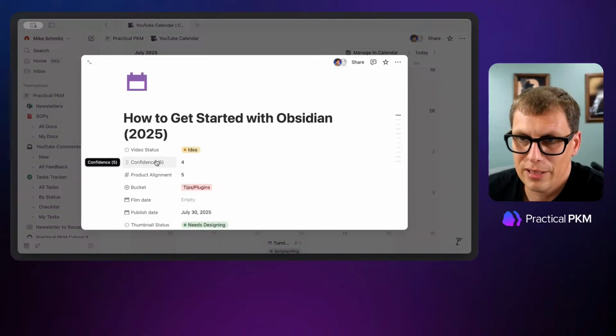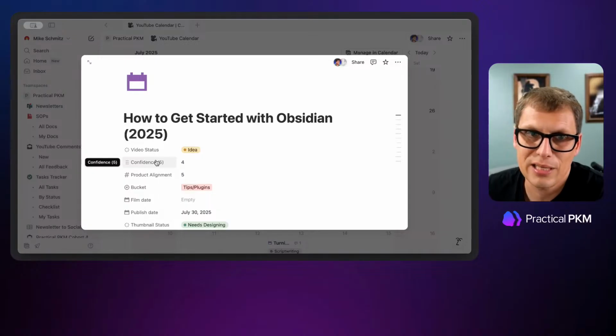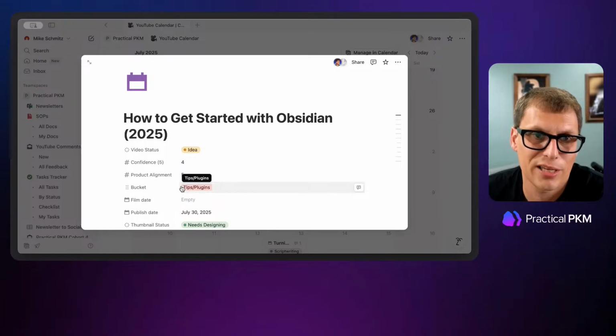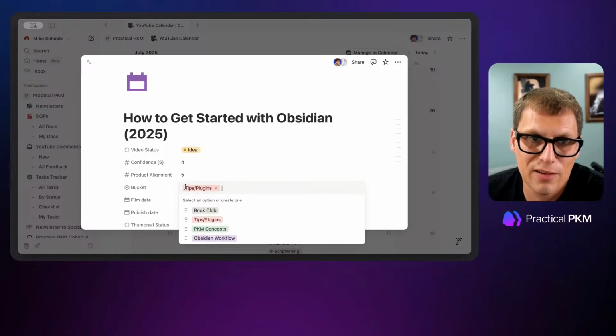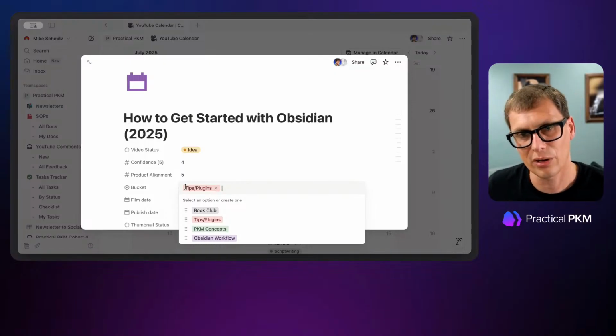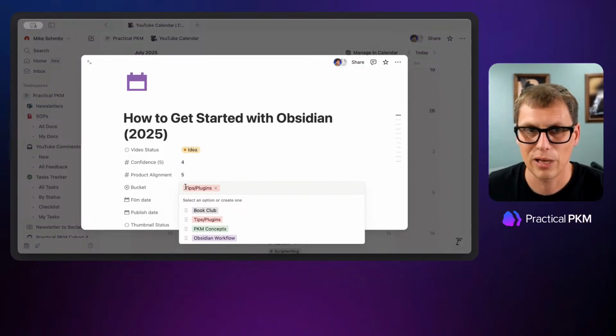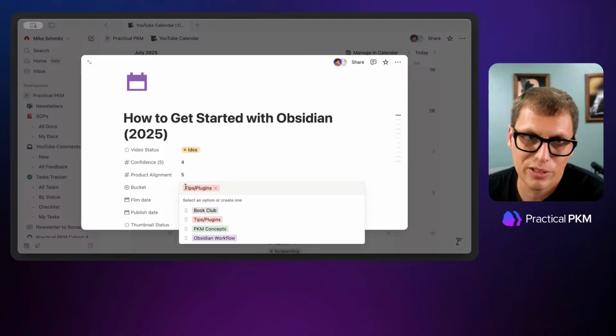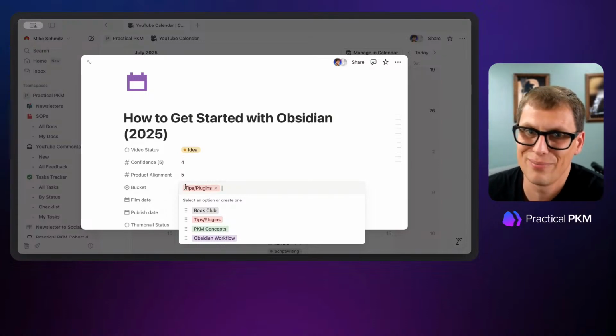Now, the other thing that is really helpful in terms of generating ideas is recognizing the bucket that these pieces of content fall into. So I've got 4 different buckets here, which are all loosely tied together around who I'm trying to serve, what my brand's about, and hopefully linking back to my products and services. The one that doesn't really fit great with this is the book club, but I don't really care because